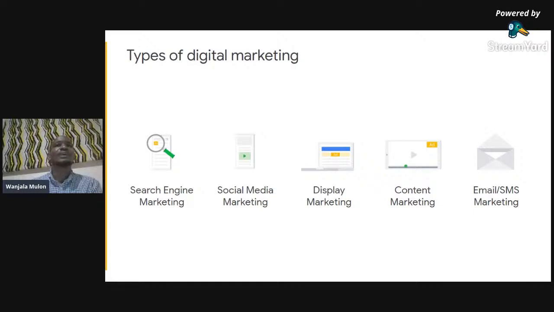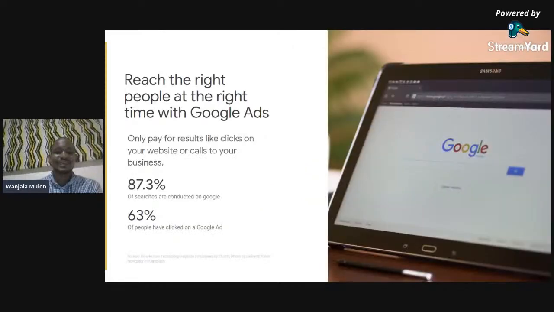Now, how do you get to reach the right audience using search engine marketing? That is the tool that I want us to talk about today. And when you're talking about search engine marketing, ladies and gentlemen,